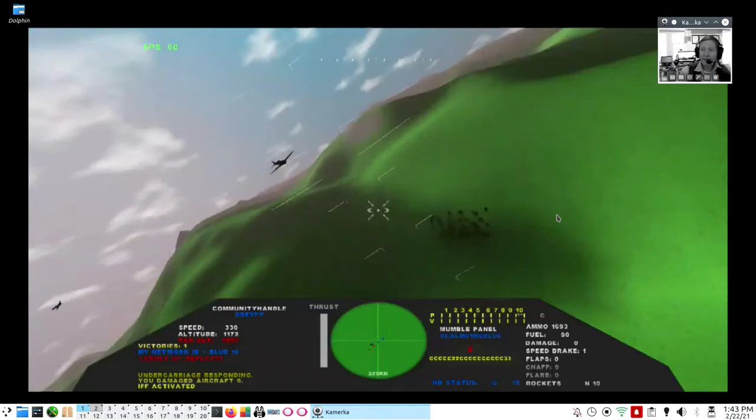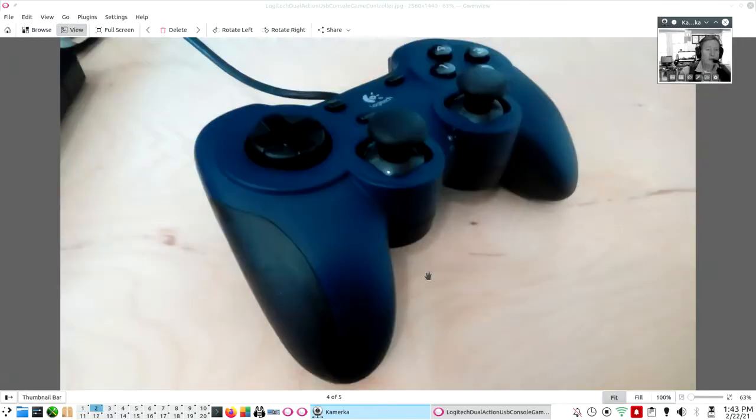Welcome back. This is the third video clip in our little series on configuring Linux Air Combat for use with USB console game controllers like this example, this being the Logitech Dual Action game controller. We've been talking about the principles involved in configuring any kind of game controller or joystick for Linux Air Combat,